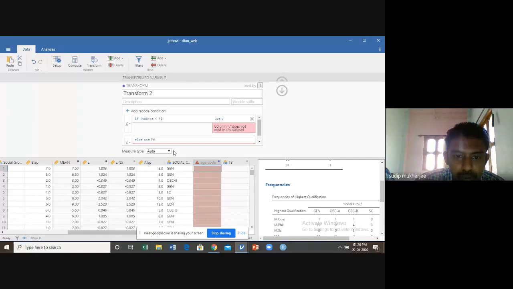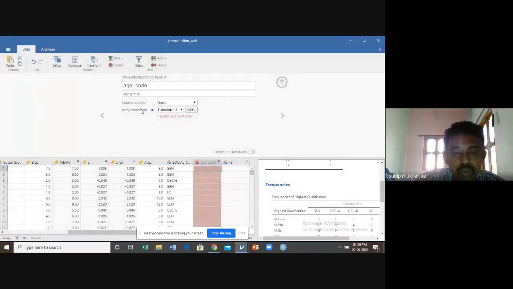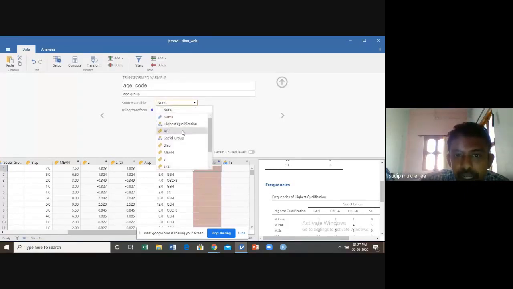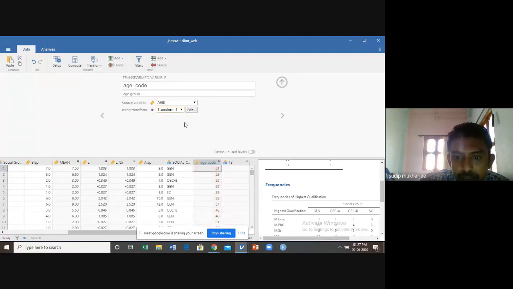So now we have to signify the source variable. So we start once again. Here the source variable is age.